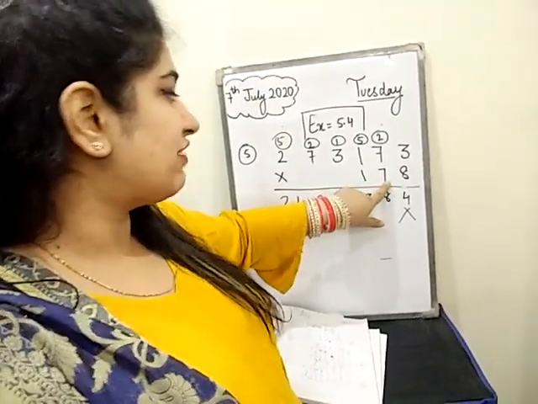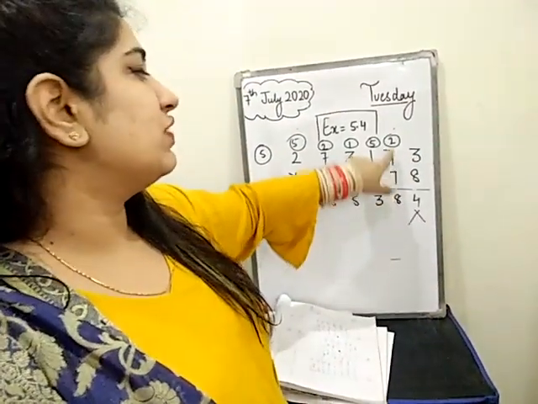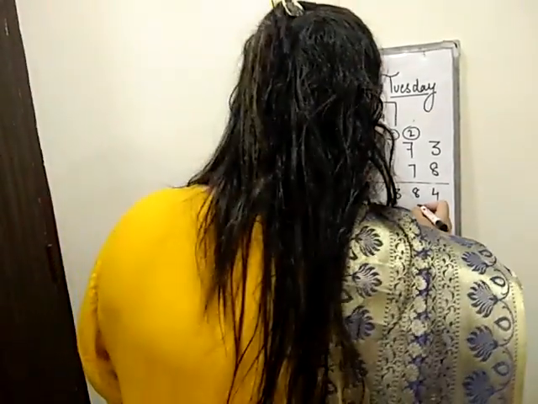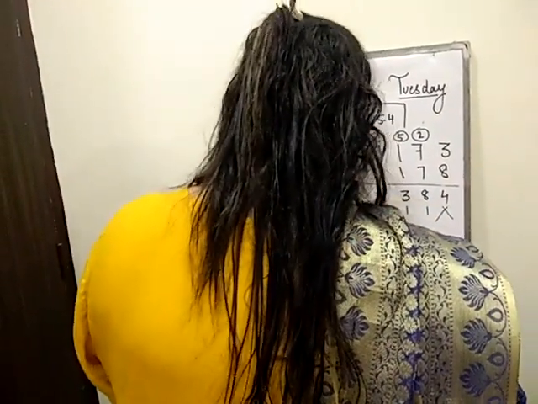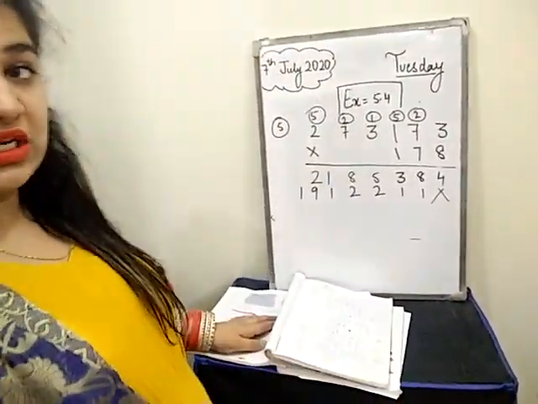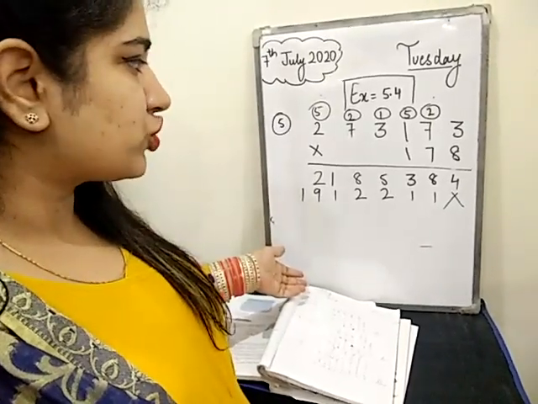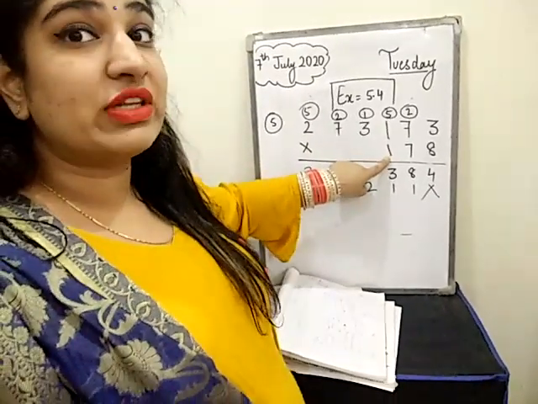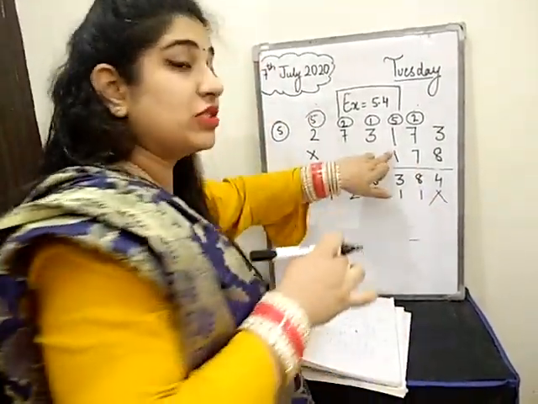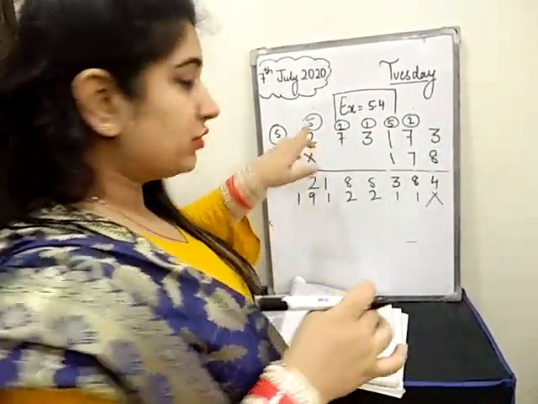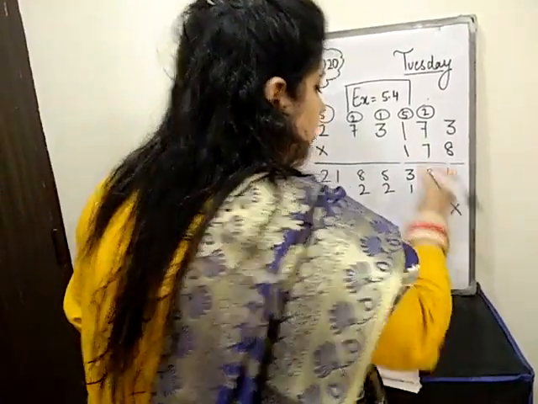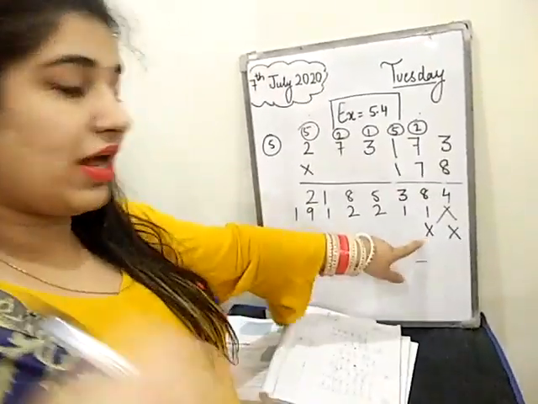Now you will multiply 7 with 3, 7 with 7, 7 with 1 and all that. So I am writing here, it will be 1, 1, 2, 2, 1, 9, 1. Till here I have already explained you in the previous question. Now here we have 3 digits. So before multiplying the third digit with the multiplicand, I will put a 2 cross. So here I have done.